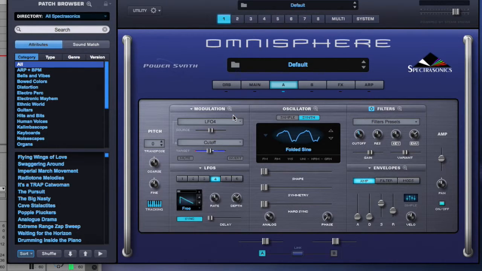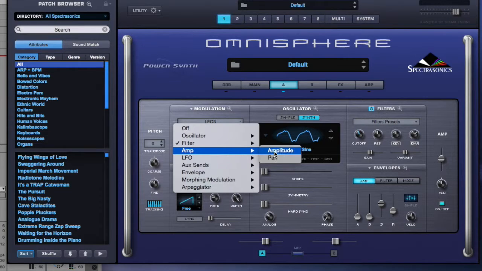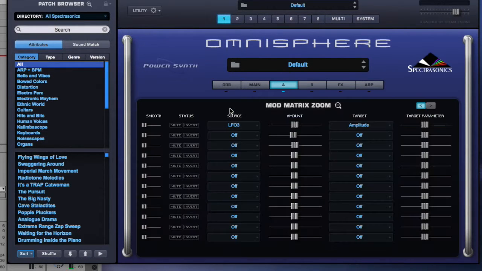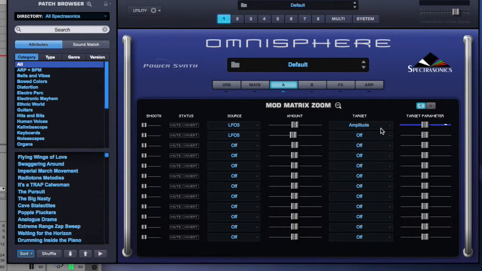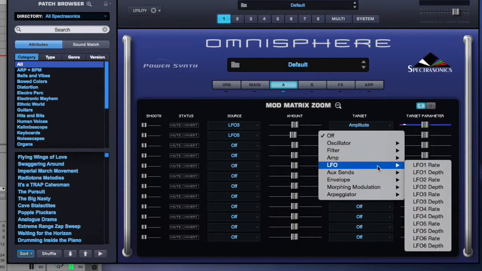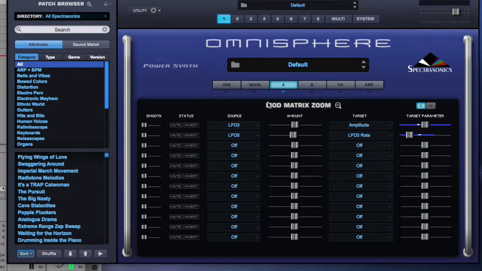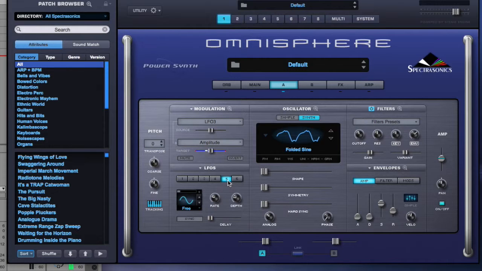If I set LFO 3 back on amplitude, I'm going to go back into this direction area here. I'm going to select LFO 5, which was just a basic sine wave, and I'm going to select it to target the LFO 3 rate. Right, so I'm just going to give you an example now of LFO 5 affecting LFO 3. So you can see I'm controlling LFO 5 here, but the sound is actually being controlled by LFO 3, so I can adjust the depth of how LFO 5 is behaving,